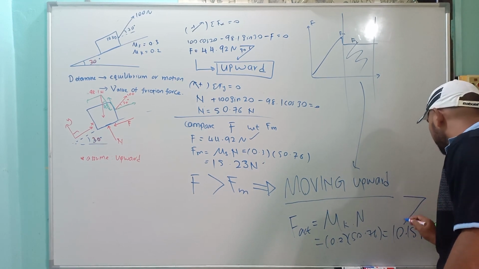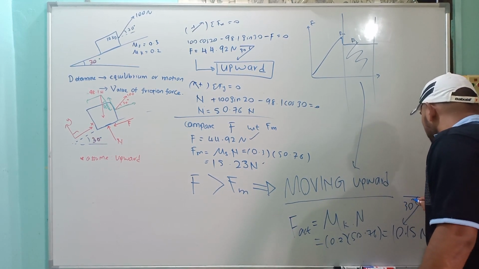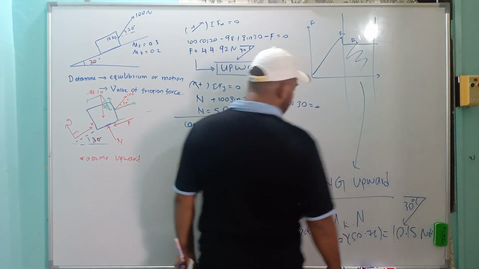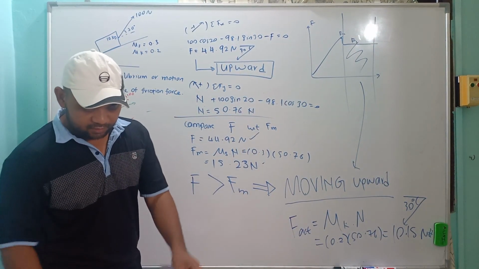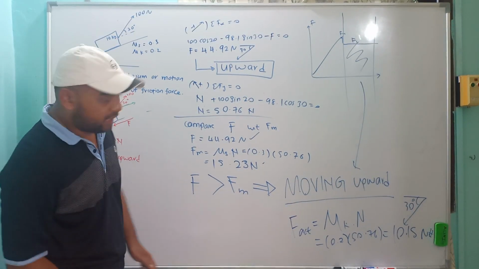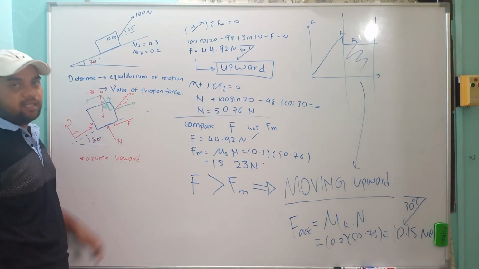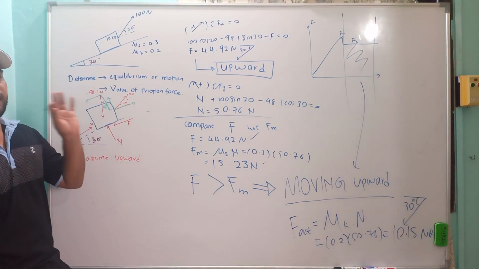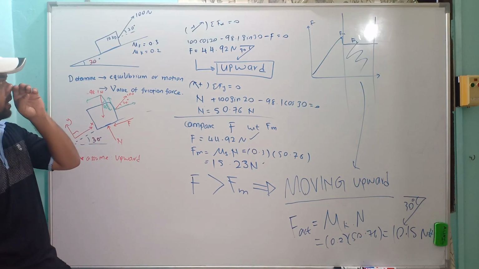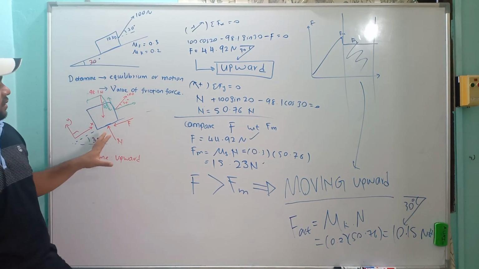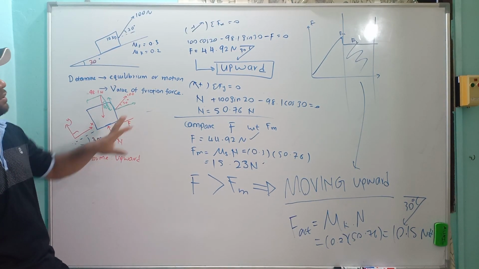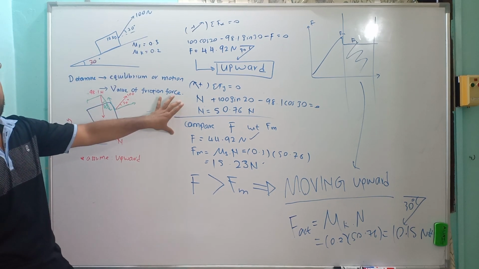And this one going downward. Okay, so now we have the value of friction kinetic, which is going downward. So again, I repeat, for this type of question, we need to determine moving or not moving and which direction. So the first one we do is to calculate from this figure, do the free body diagram, calculate what is F, what is the N.